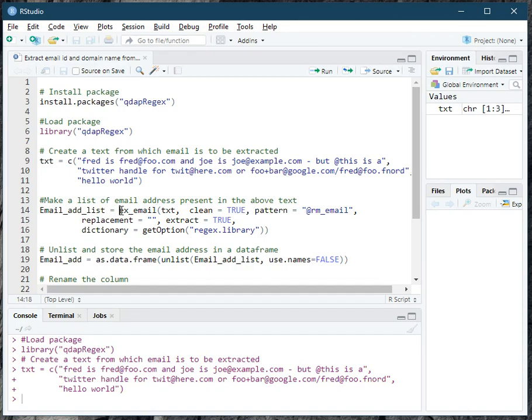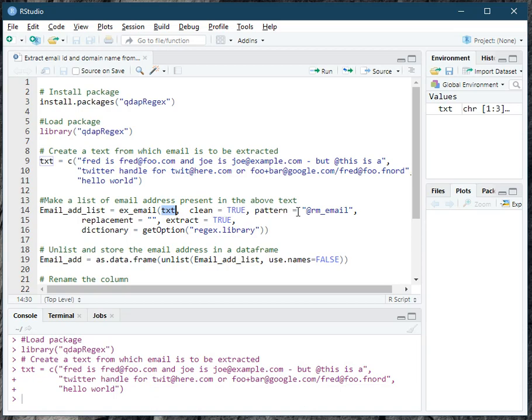Now in order to extract the email ID, I will use a function called ex_email, which is a function of the qdapRegex package. The first argument is your text, this vector. The second argument is clean equal to TRUE. Do you want to clean the text?